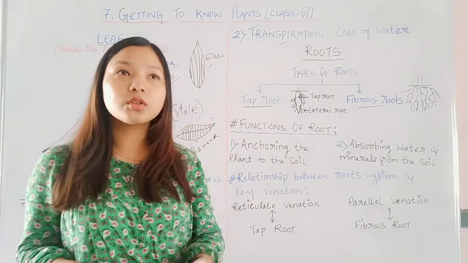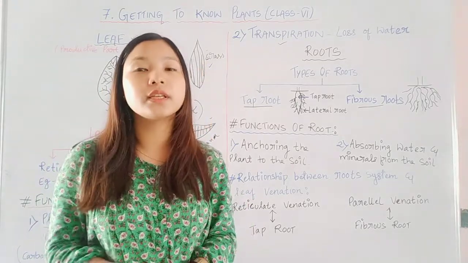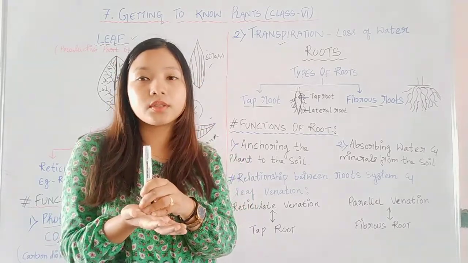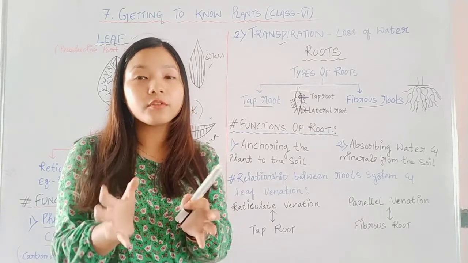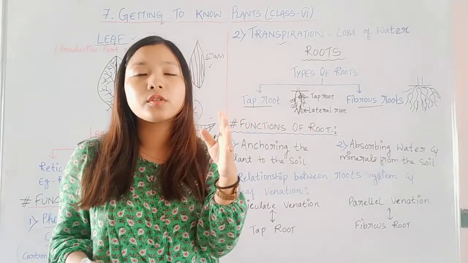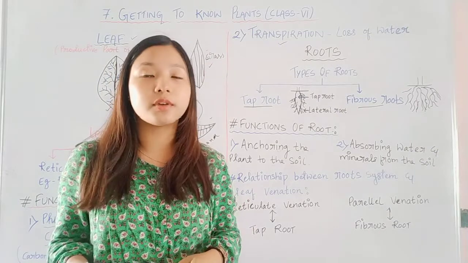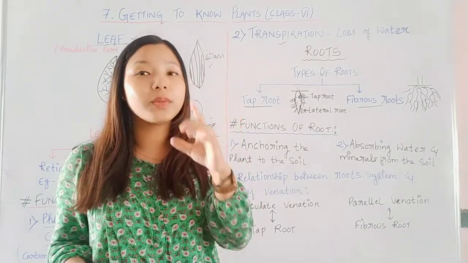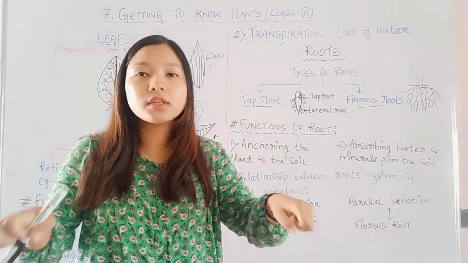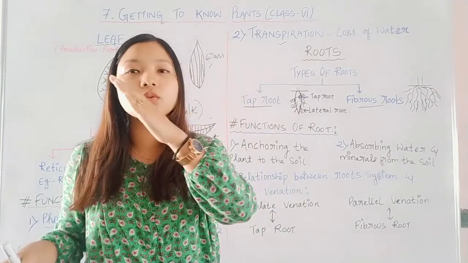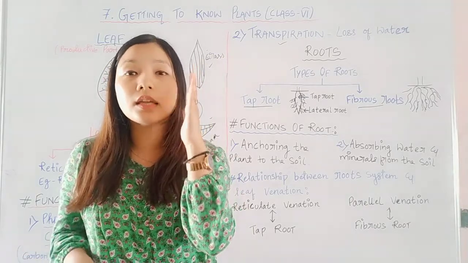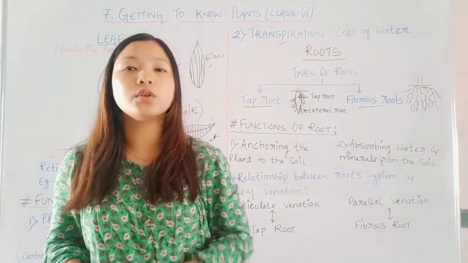You can see this easily by doing one activity. Take a plant, cut the root, and again you can sow it or put it under the ground or in a flower pot. Then if you pour water more or less, or due to the effect of harsh wind, it will fall down. It will not survive or stand erect. While a plant which has strong roots under the ground, the roots hold the soil so that even due to harsh wind or rain, the plant doesn't fall down, it stands erect. So this is one of the functions of roots.